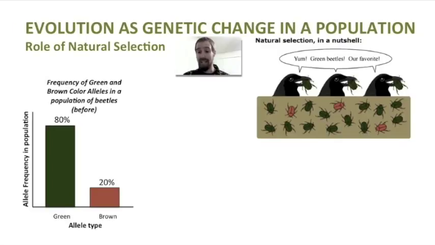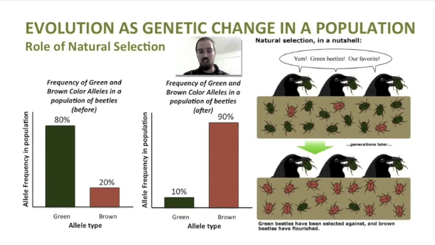And if an organism has high fitness, then it is likely that its genes will be passed on to the next generation and will become more common in the gene pool over time. In our example here, the alleles that make these beetles green confer a disadvantage because birds prefer to eat the green beetles. Maybe they taste better, or maybe birds can simply spot them easier and catch them more frequently as a result. Whatever the case, the selective pressure exerted by the birds will cause significant changes in the gene pool